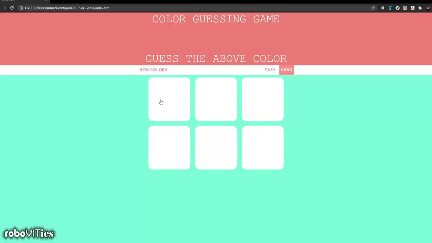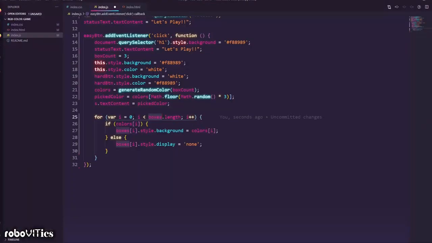So we'll save that. And now we have to assign random colors to these boxes. A for loop from 0 to boxes.length, and we check if there's a color of I. So in this we just have 3 of them, but we have 6 boxes, right? So if the color exists, then we do box.style.background equal to colors of I. So the background color would be set as the random color, and otherwise we do boxes of I.style.display equal to none.